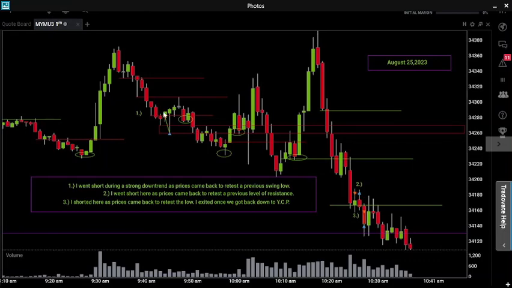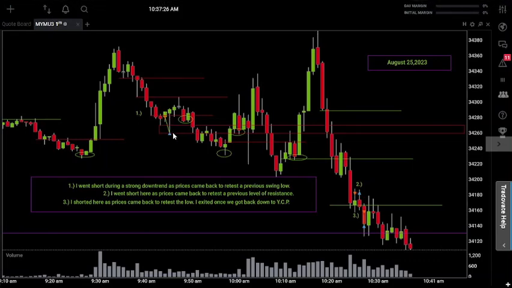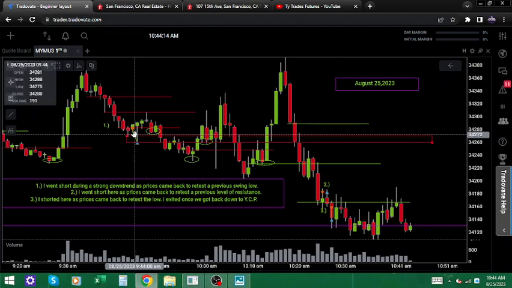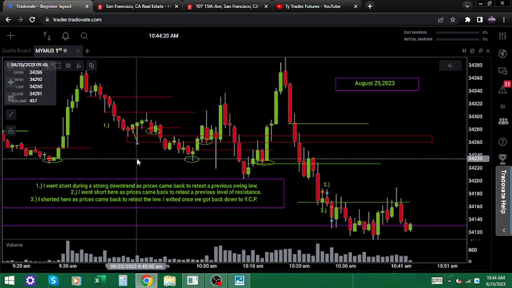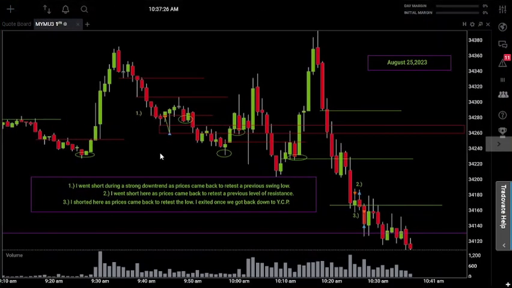Once prices pulled back into that level, I shorted and then took it back down to my scalp target a little bit lower. Now on this particular trade, I think I got really lucky because I shorted at 281 and I got out at 260. The low for this candle was 260. So I really cut it close on that trade, but sometimes in the market it'll just play out like that in your favor. I'm glad I was able to take a profit on that trade and not have it come back to break even.